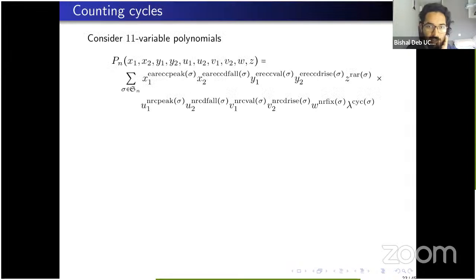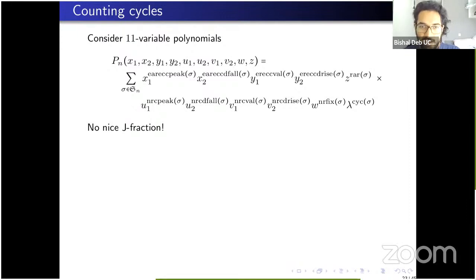Now, of course, here I have counted cycle status, record status, but I have not counted one permutation statistic which is really there. I mean, this is one of the first statistics you think about, the number of cycles. So convert your 10 variable polynomial to an 11 variable polynomial by adjoining the number of cycles. So lambda counts the number of cycles in a permutation. And if you try to put it on your computer, experiment, you'll see that this does not have